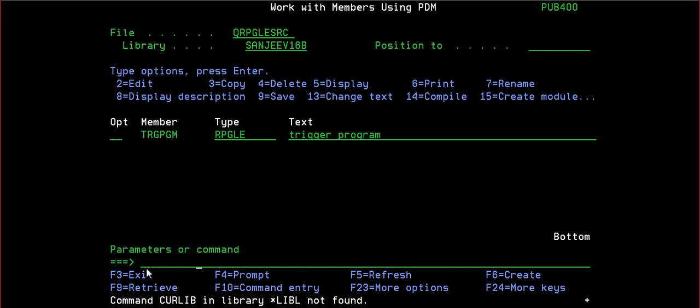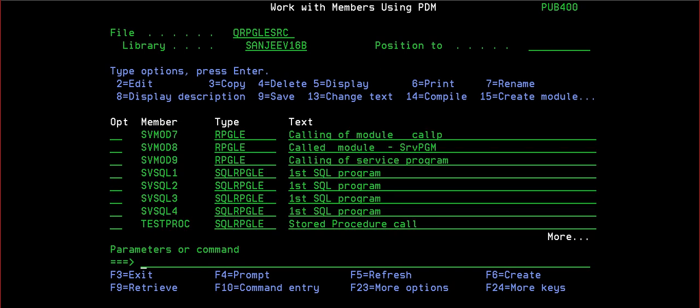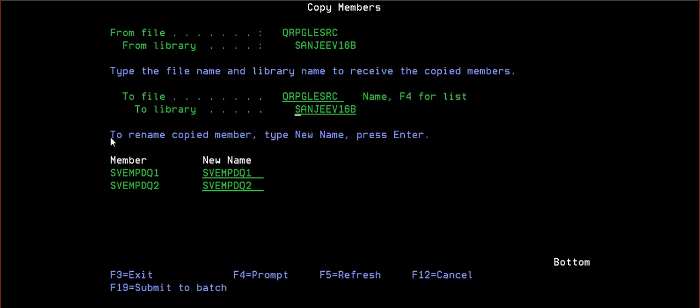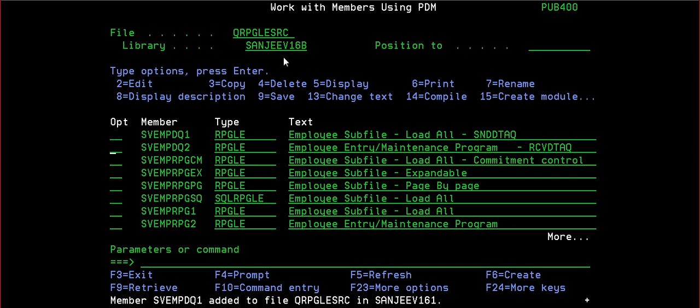Else I have to move all these things to Sanjeev 161. Then only it will work. That I can do. Whatever I did here now, I have to copy this. Now it will work.